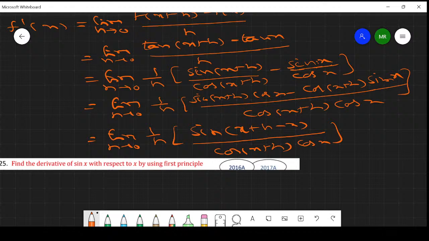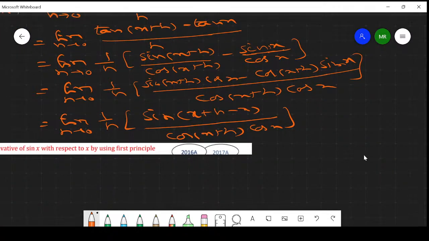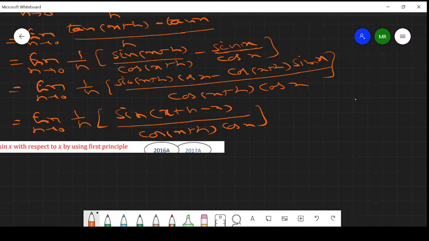It comes like this. Now you can see this problem. After finding this value, I can write limit h tends to 0. You can see I can eliminate here: in this plus, I get plus x minus x, I can eliminate sin h. This is sin h by h. Now limit h tends to 0, this is sin h, so sin h by